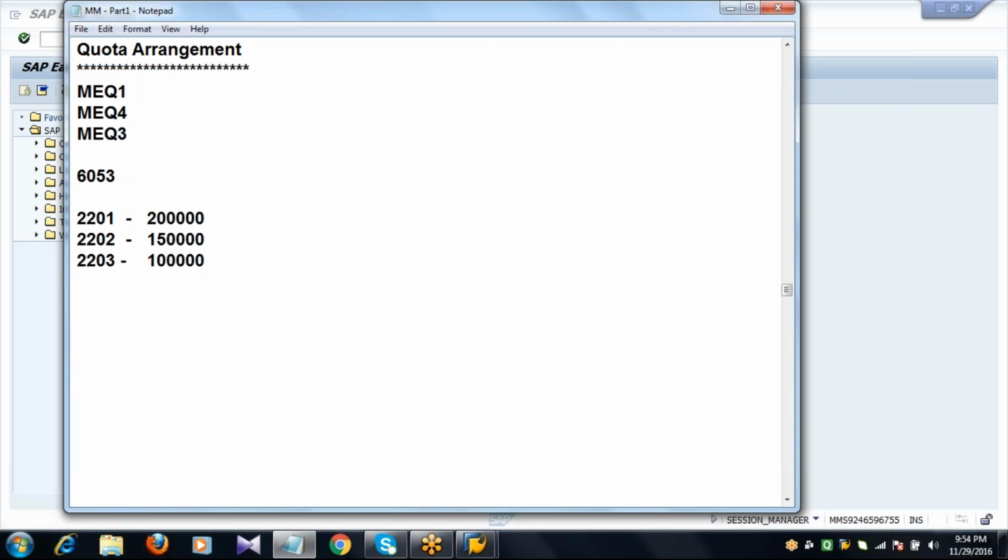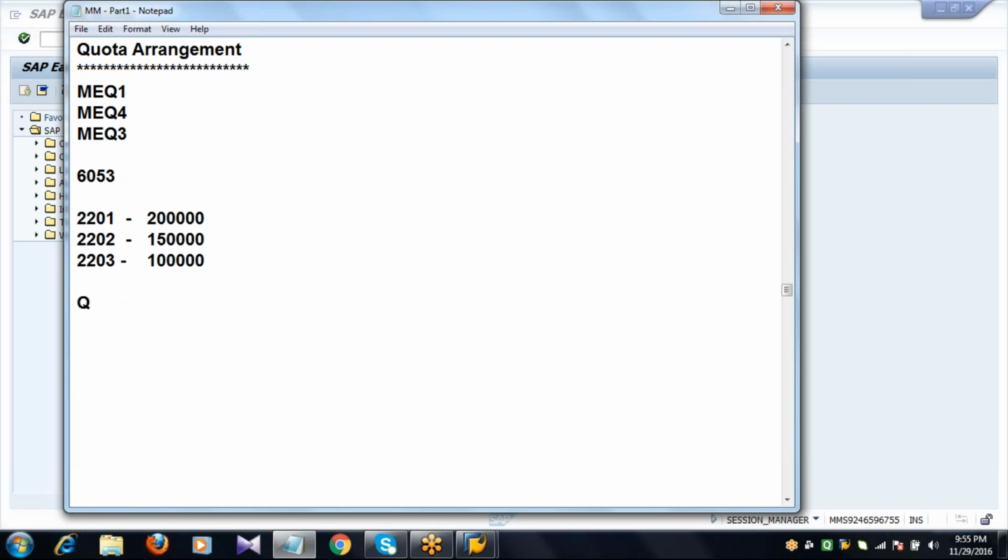And depending upon the quota rating only, the system allocates the requirement quantities to the source of supply or vendor. And this quota rating is defined as the ratio of sum of quota allocated quantity and quota base quantity to quota.